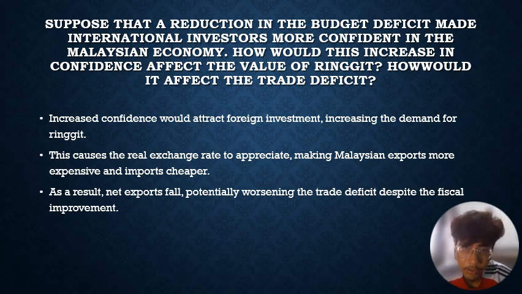The increasing demand causes the ringgit to appreciate, and a stronger ringgit makes Malaysian exports more expensive compared to imports, which become a lot cheaper, because of the reduction in net exports. Despite the fiscal improvements, the appreciation harms the trade balance, potentially increasing the trade deficit. In this case, even though the budget deficit is reduced, the ringgit strengthens. The net exports fall due to the capital inflow driven by the confidence of